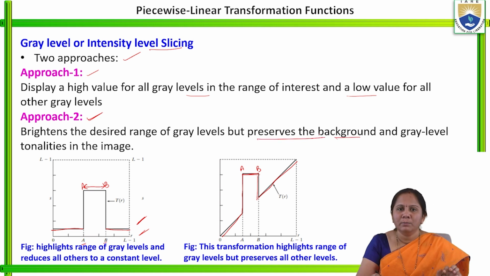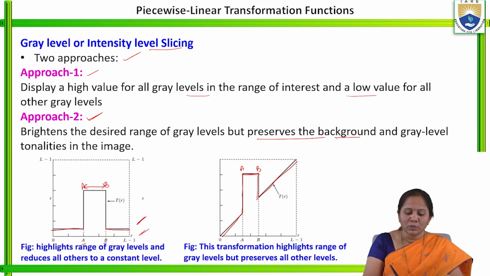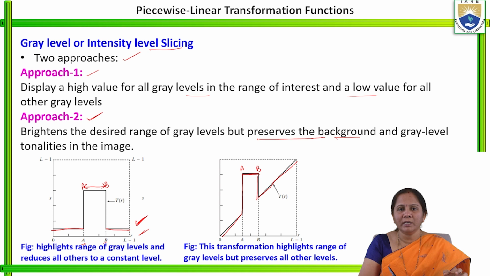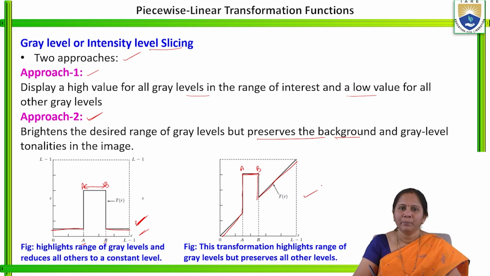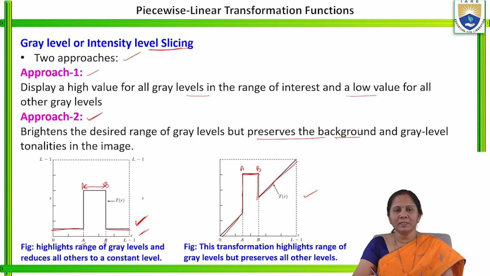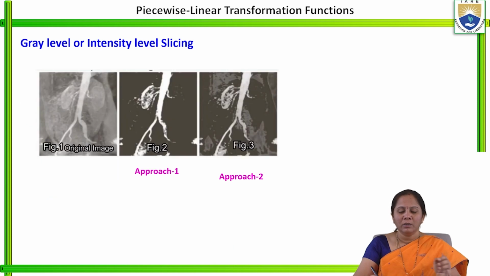They will be preserved. Okay. So in this, only the highlighted area can be visible, whereas the remaining will be totally compressed. Whereas in this approach, the area we are concentrating on will be highlighted, and the remaining areas will also be preserved. So these are the two approaches in intensity level slicing. In order to clearly understand this, we can see here